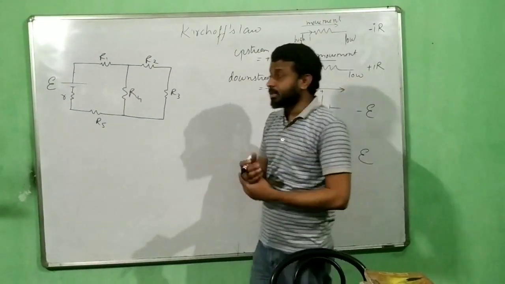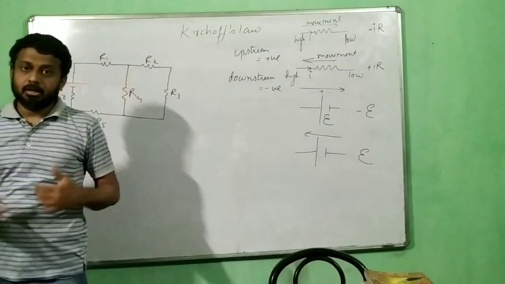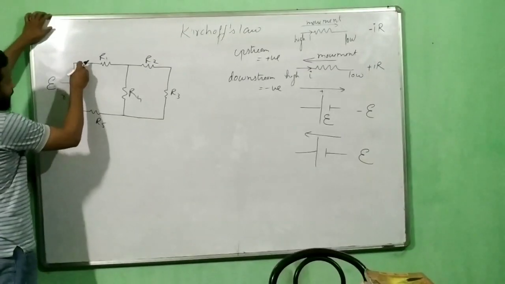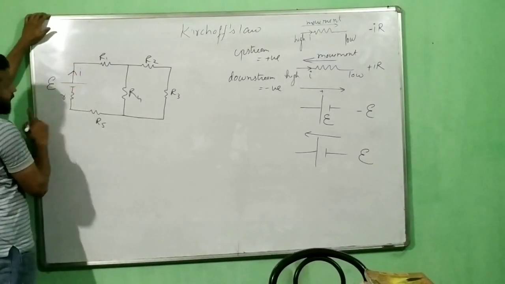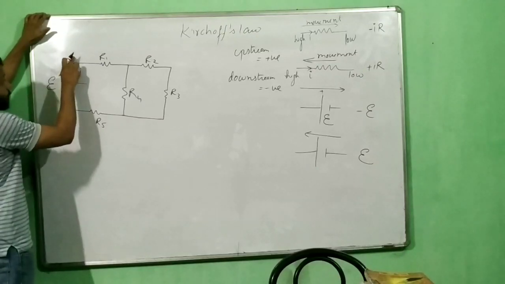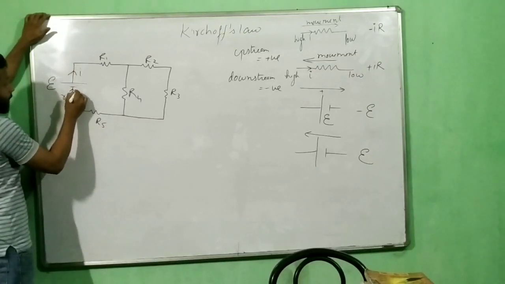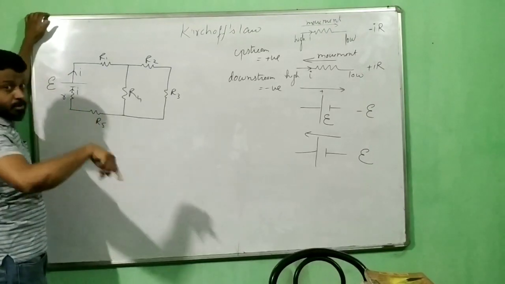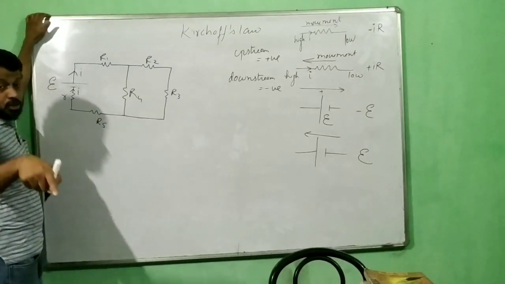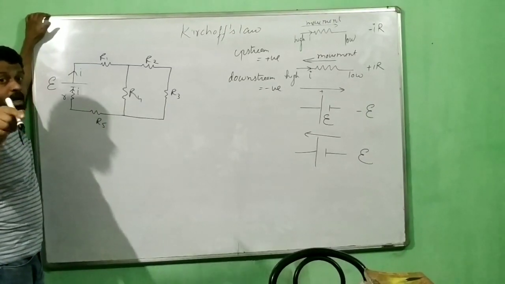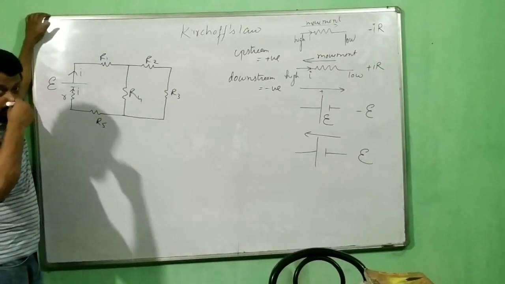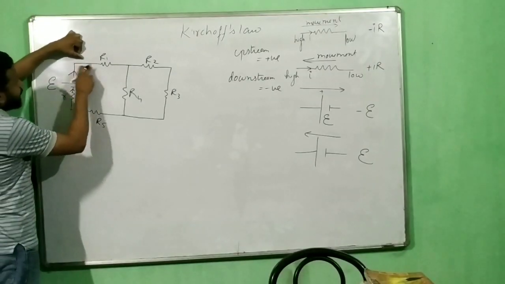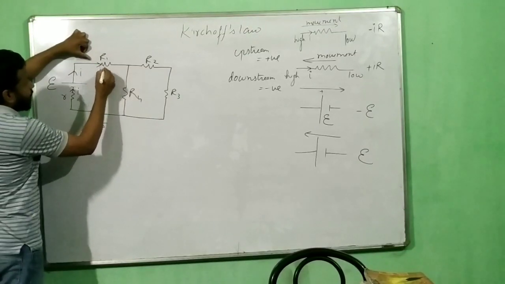Your first step is distribute the current. What does it mean? It means start from the cell and let a current I flow through it. And remember, whatever current goes out from the battery, the same amount of current should come back to the battery. Don't forget that. If it is not happening, that means you are losing charge somewhere, and that is not possible because we have the law of conservation of charge. So if this is your I, let it flow.